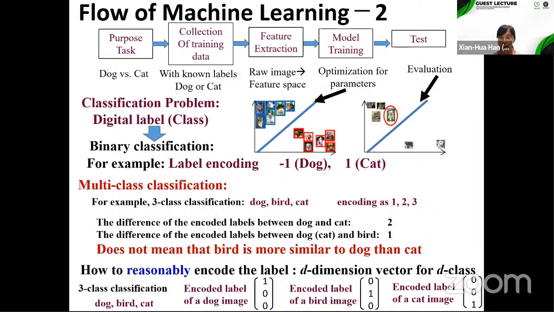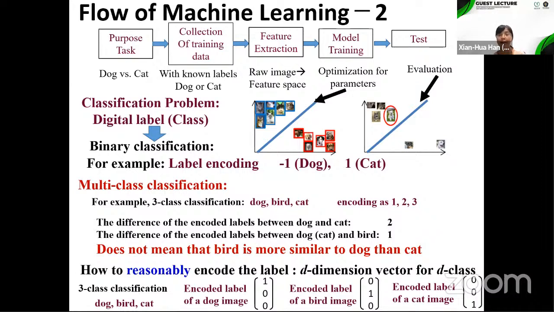Let's look at the difference between these encoded digital number values. The difference of the encoded label between dog and cat is 1, while the difference between the encoded label between dog and bird is 2. That doesn't mean the bird is more similar to dog than cat. So it's okay. I think this is a very important problem for using machine learning for